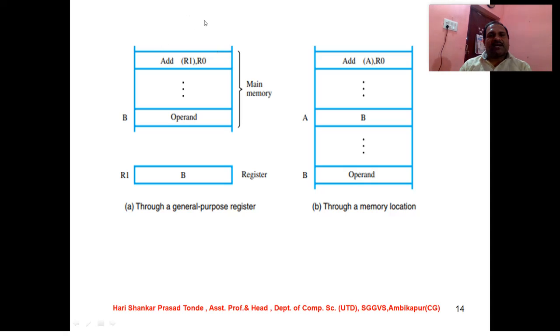ADD R1, R0 will be the part in the main memory, and afterwards various operands are going to be stored here. B will be held in the single register R1, and it will be a register. So this is the work of a general purpose register, students, and this is a memory location which is going to be fetched by the processor. ADD A, R0, likewise B, and so on up to the last operand, whatever the number of operands we are going to use. We are moving from that particular location to the end of the location. Each and every time the memory is fetched and the value stored here is fetched, and it must be calculated.